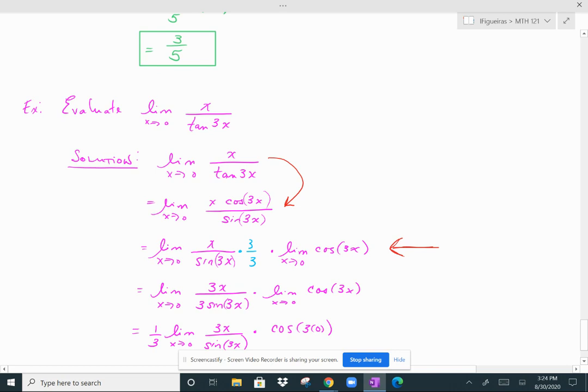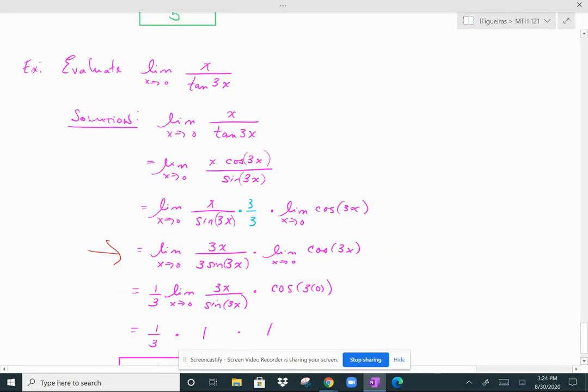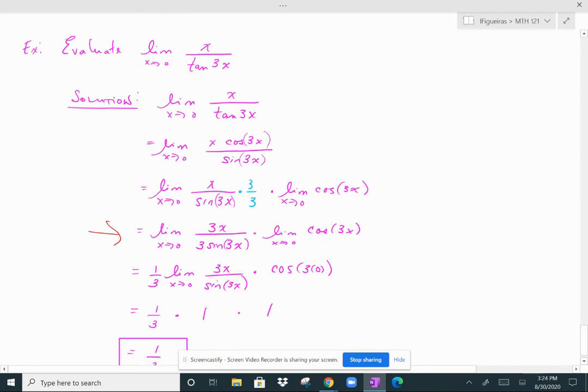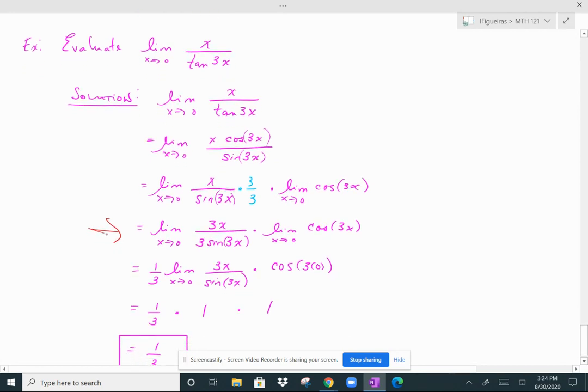But this first limit, the x over sine of 3x, I can't quite use the definition above because I'm missing a 3 in the numerator, which is why I'm multiplying numerator and denominator by 3. And then the other limit is fine. The cosine isn't going to cause us any trouble because I can evaluate cosine at 0. So then I get this line here, I get 3x over 3 sine of 3x. I'm going to move this 3 out of the way so it becomes 1/3 the limit as x approaches 0 of 3x over sine of 3x